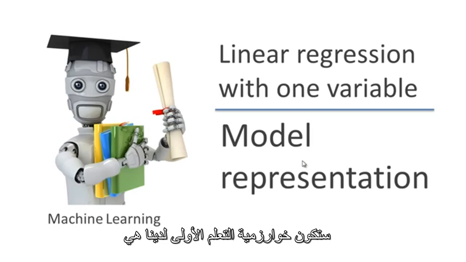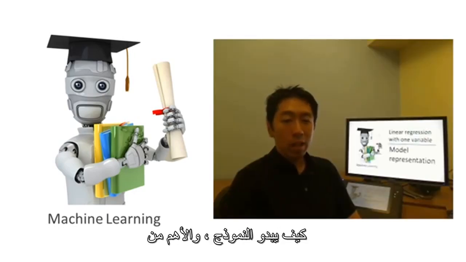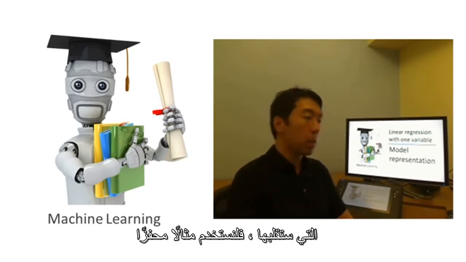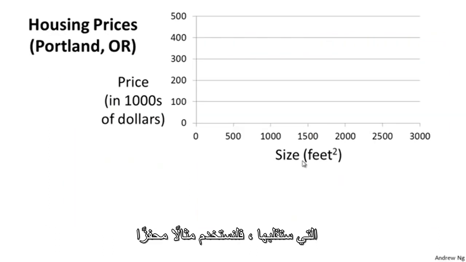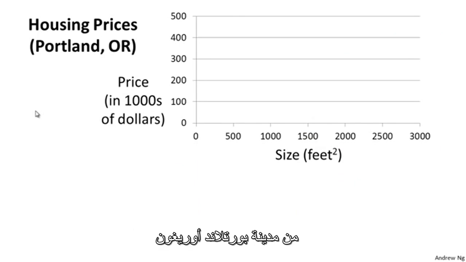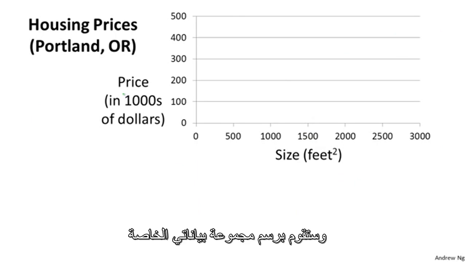Our first learning algorithm will be linear regression. In this video, you see what the model looks like, and more importantly, you also see what the overall process of supervised learning looks like. Let's use our motivating example of predicting housing prices. We're going to use a data set of housing prices from the city of Portland, Oregon, and here I'm going